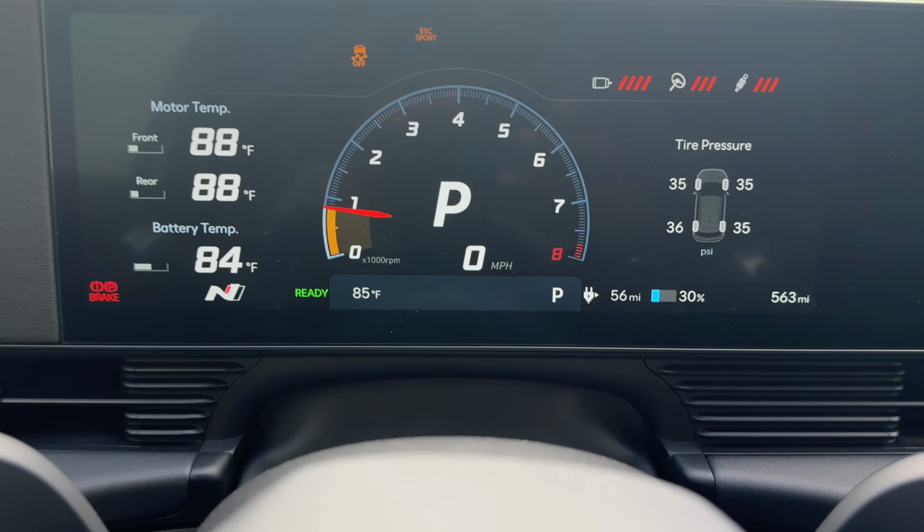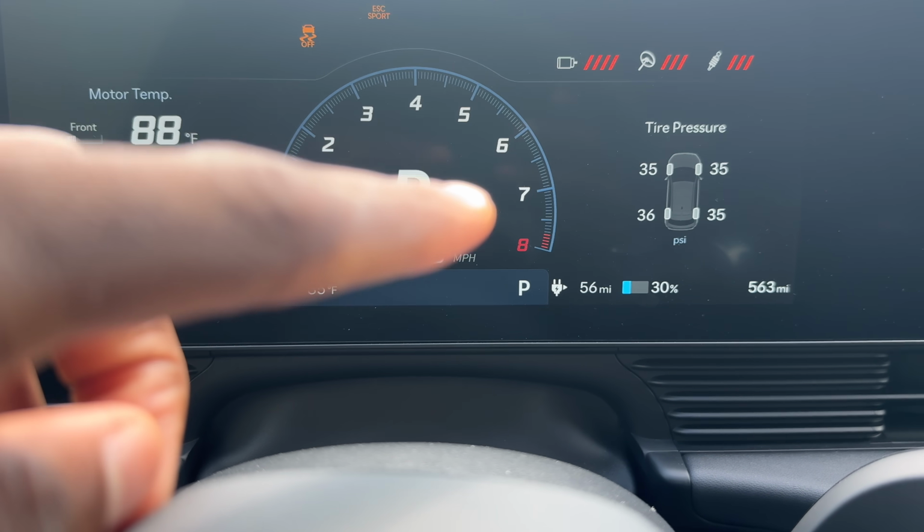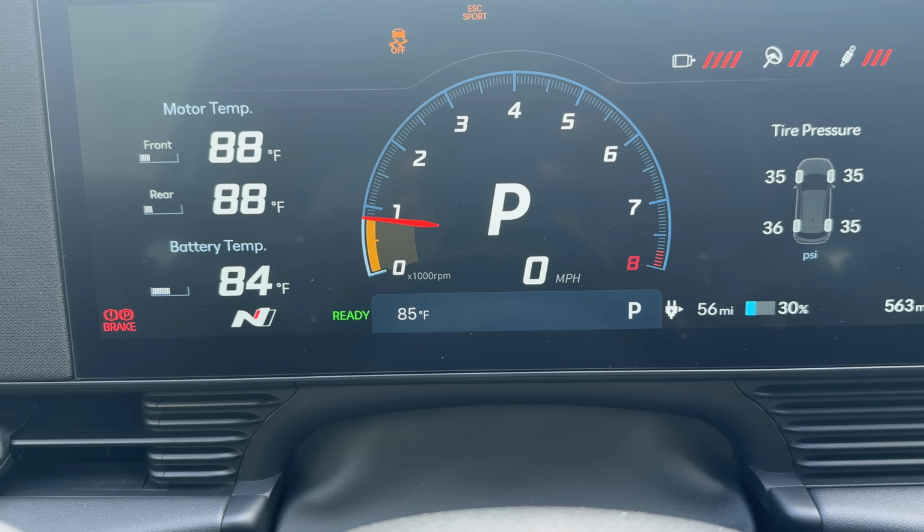So, okay, now this is a tachometer with a 7750 RPM red line. And if I just hit that accelerator,